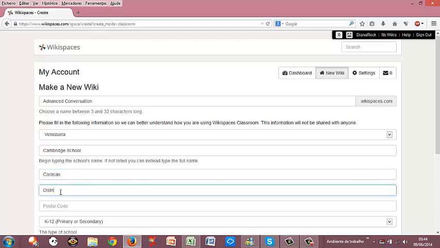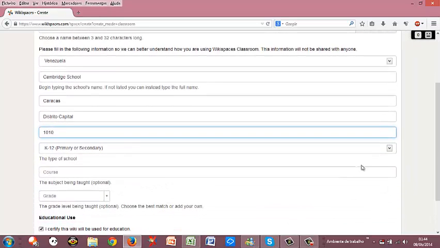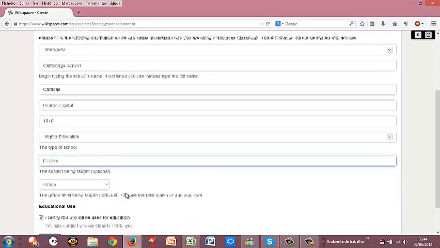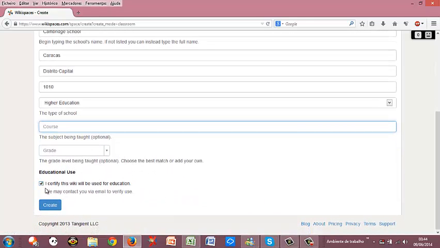State, Distrito Capital, postal code 1010. And of course you have to choose the type of school. In our case, we're going to use higher education. This is optional, but if you want, you can complete this section with the course that is going to be taught and the grade, but in our case it's not necessary. And of course you have to certify that this wiki will be used for education. Just click on create once you have finished,